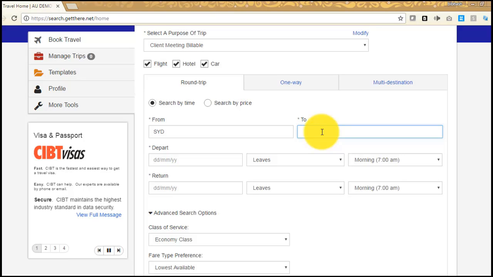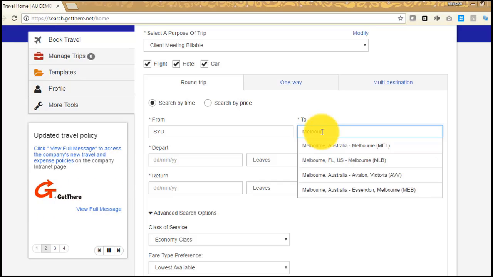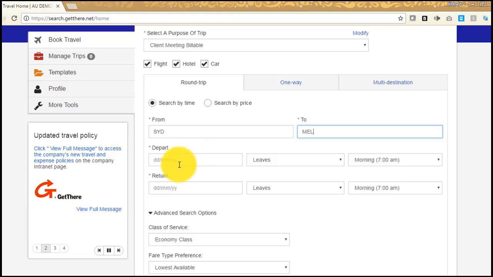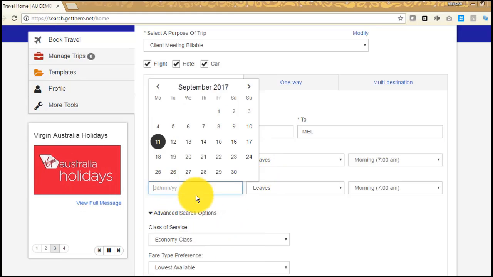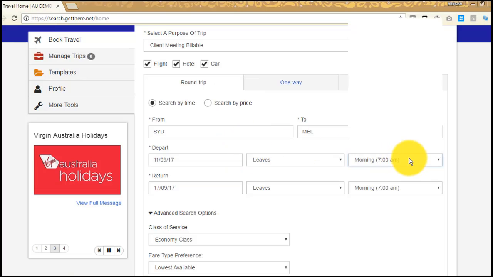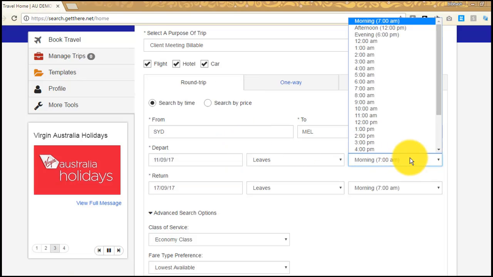If I know the 3-letter airport code or city code, I can put it there. Else I can just put a couple of words of my destination, and from the drop down I can find all the airports nearby to my destination. Once I click select, then I select my departure date here, my return date,